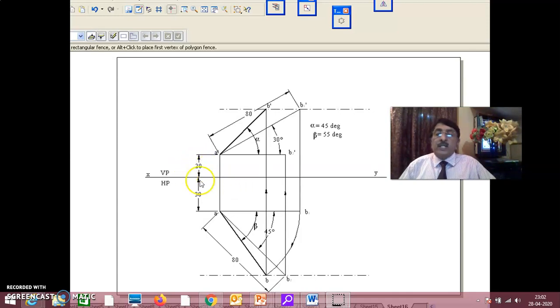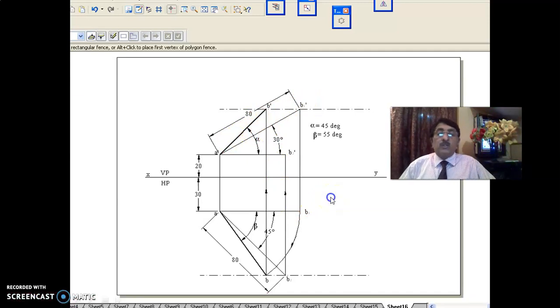And hope you know this 20 mm and 30 mm, since these distances will not affect the projection, this 20 and 30 will not become a parameter. Okay. In this problem, the parameter listing is theta, 30 degrees given. 45 degree, phi is given. True length is given. Using theta, phi, true length, you have completed the problem. Okay. This you understand. Now you will understand better as you go to the next problem.